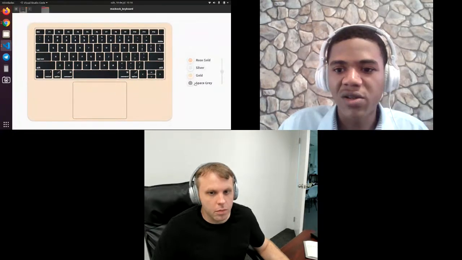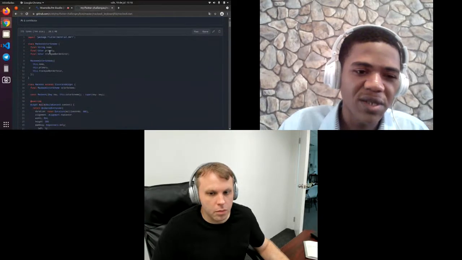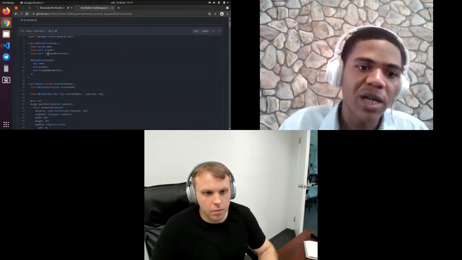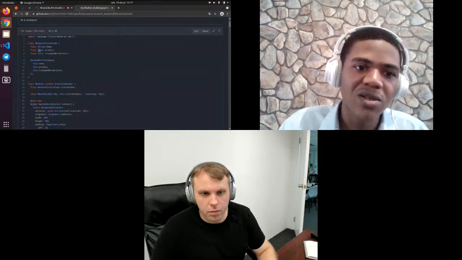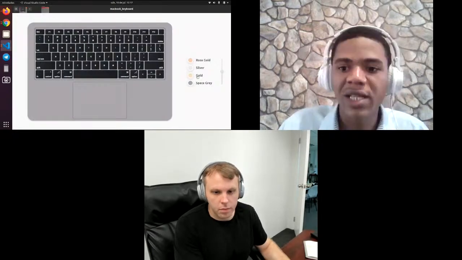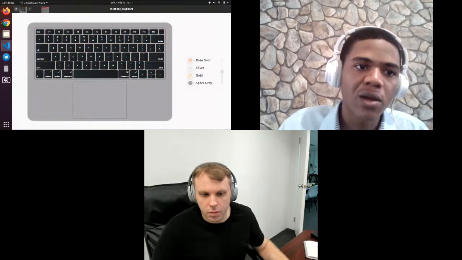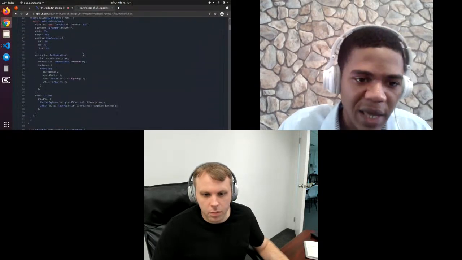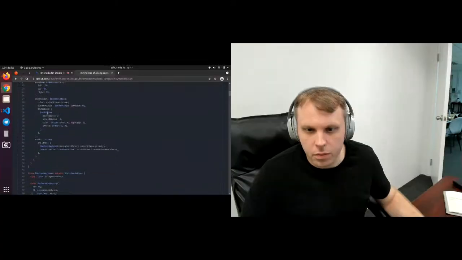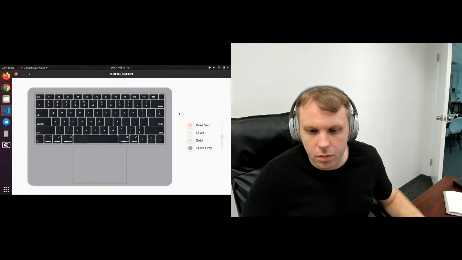You can find the color scheme in the code. This is the MacBook color scheme. It's a custom class that receives a name, a primary color, and the trackpad border color. Those are the colors that change when we click on a different color on the right panel. And then inside the animated container we have a box shadow, an outer box shadow, that is the shadow outside the